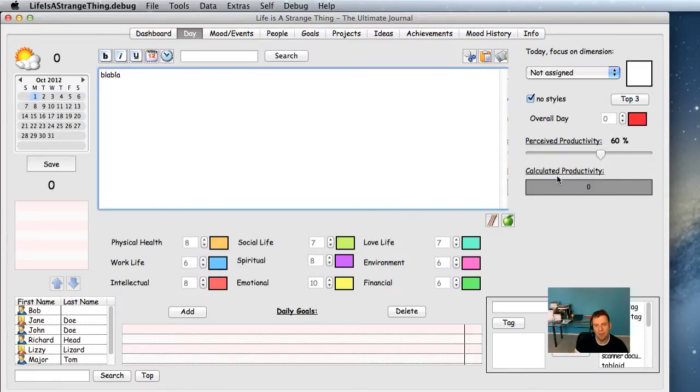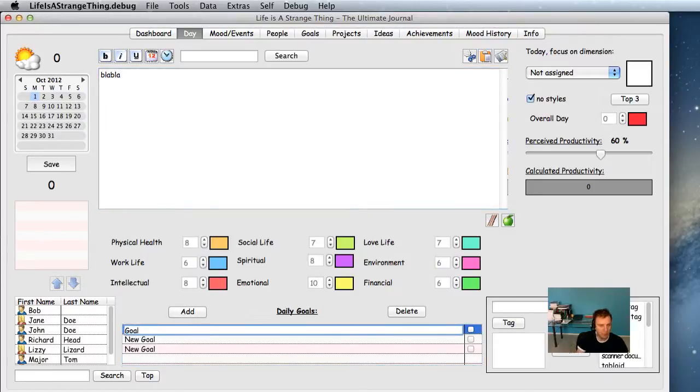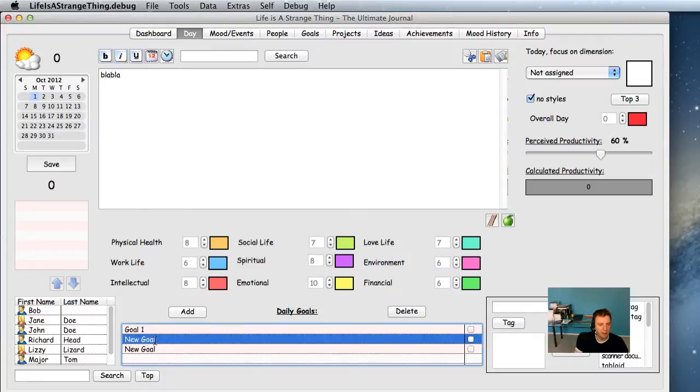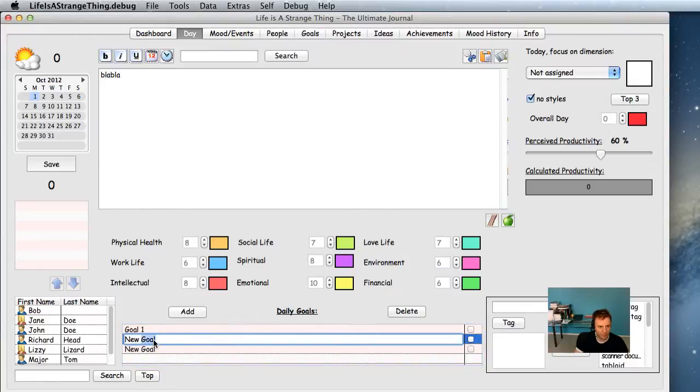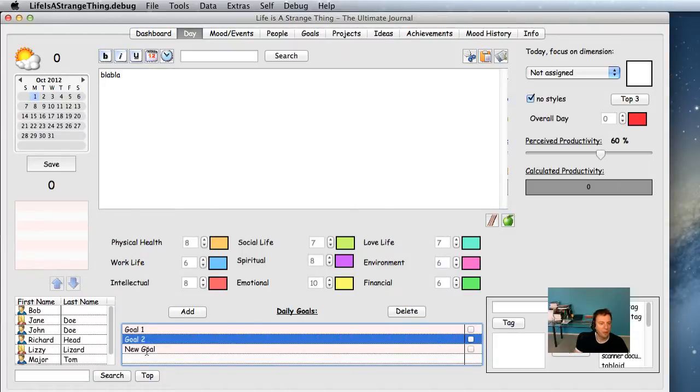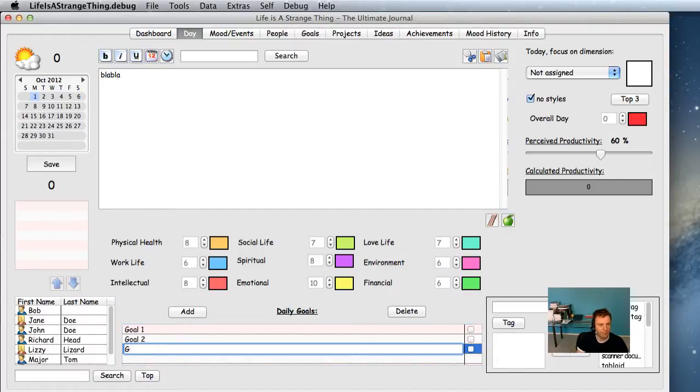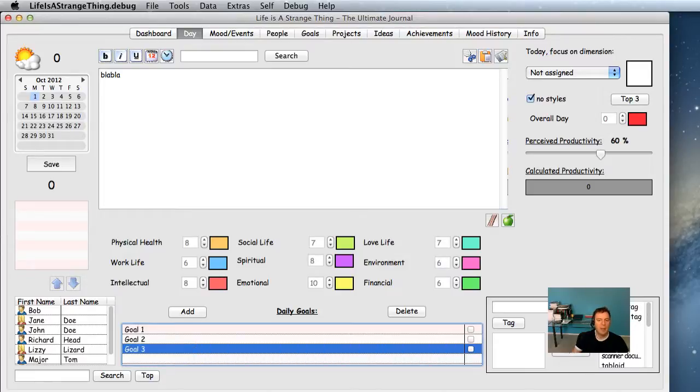You see there's a new function in here called calculated productivity, and it's based on daily goals. So let me add 3 goals here, and I call those goal 1, goal 2, and goal 3. And now, as I'm checking these off, you see this changing into a progress style bar, and now I've checked 1 of the 3 goals as completed, and it says that I'm 33% complete, and this is assessed as red. If I go to 2, you get 66% and it turns yellow,